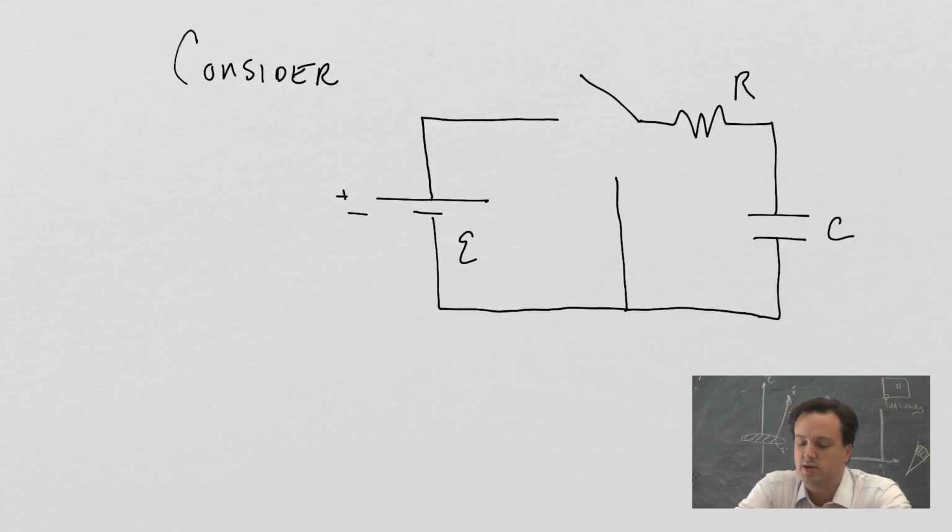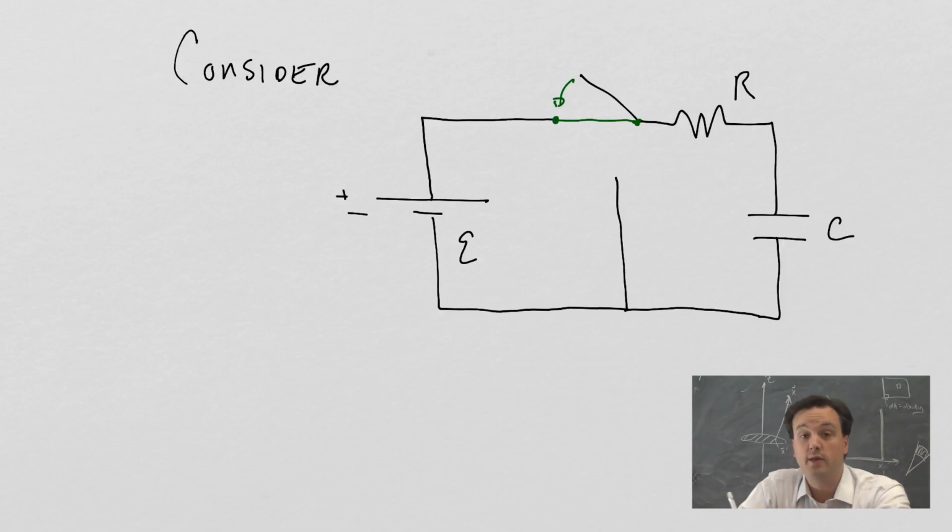And so I'm going to set up a circuit where I have a battery that has some fixed EMF, a switch, and the resistor and the capacitor. The resistor will have resistance R and the capacitor will have capacitance C. But the switch allows current to flow through the resistor and the capacitor and come back to the battery. So when I close this circuit, and that is I take this bar and I make the circuit closed here,